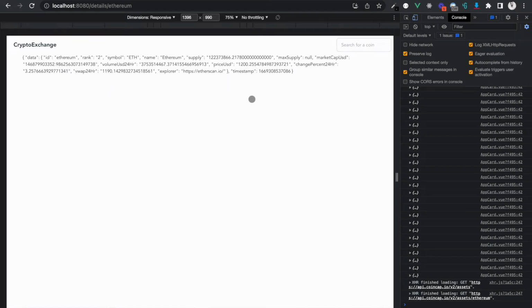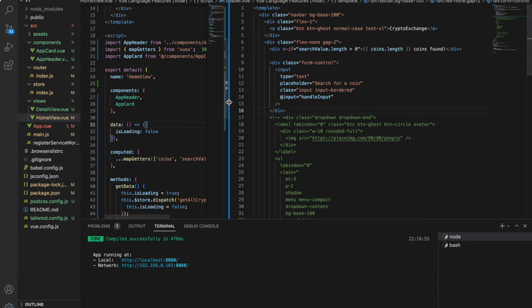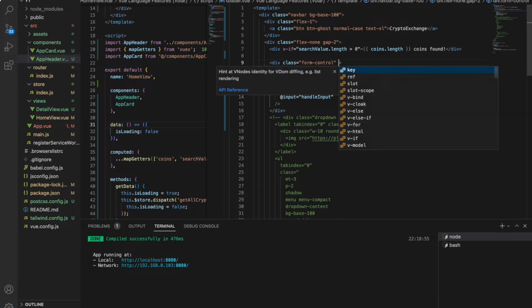So now the question arises: what are we going to do if we click on the search on some other page? What we are going to do is hide the search bar on other pages, right? So let's go to our app header. Where is the search? It's here. Here is the search. It's in the div. So let's say if